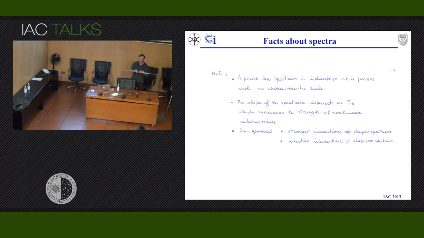So MHD now is where hydroturbulence was in '41. That's the difference in understanding one as opposed to understanding the other. Quick notes. A power law spectrum is indicative of a process with no characteristic scale, which is exactly what you expect, because neglecting diffusion, the Navier-Stokes equations become the Euler equation, and the Euler equation is